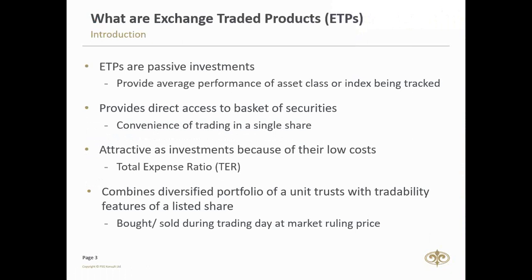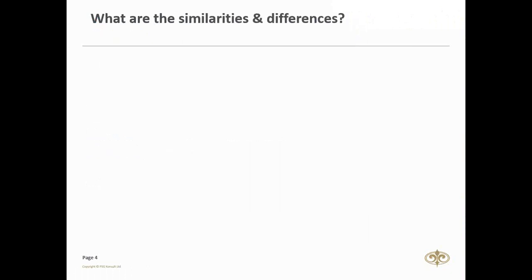The very first one was the Satrix 40, I think it was in 2000, and then the biggest one as such is the New Gold ETF. Although it might be an ETF, it's not classified as a collective investment scheme, and we'll go into more details in the next slide. Okay, but I just want you to understand there are subtle differences, and I'm going to go into them right now.